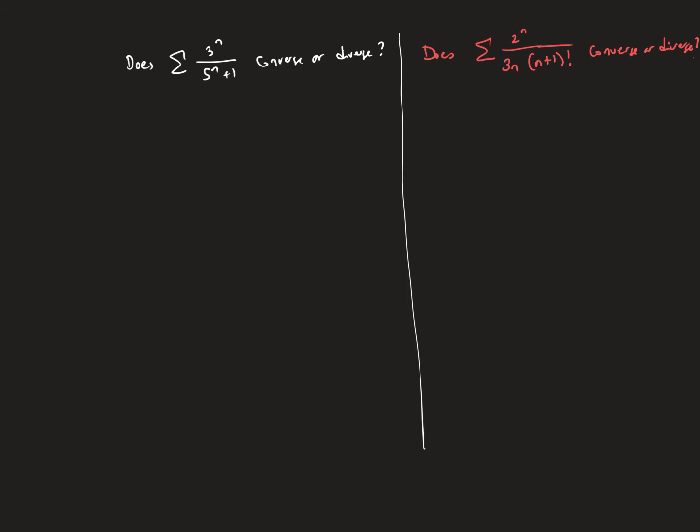So the first one we're going to do is the series 3 to the n over 5 to the n plus 1. Now, anytime you see exponentials, numbers to a variable, or you see factorials in a series, it's almost always going to involve the ratio test. So those are some cues you can look for when you're trying to figure out whether to use the ratio test or not. When we go to use the ratio test, we're going to take the limit as n goes to infinity of the n plus first term, which literally means take the basic term and plug in n plus 1 for all the n's,